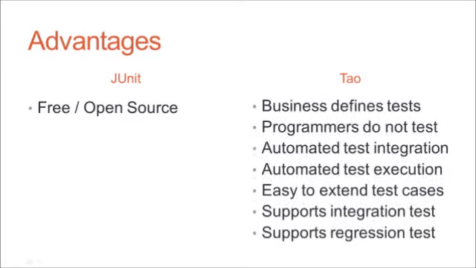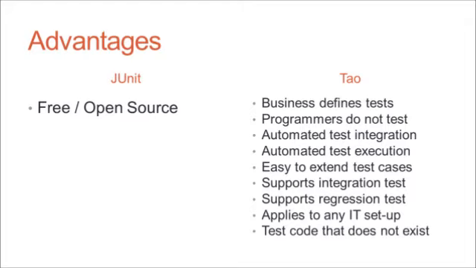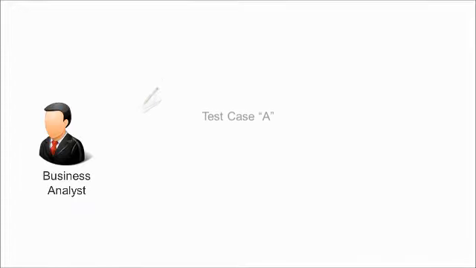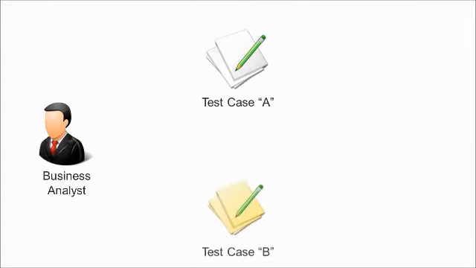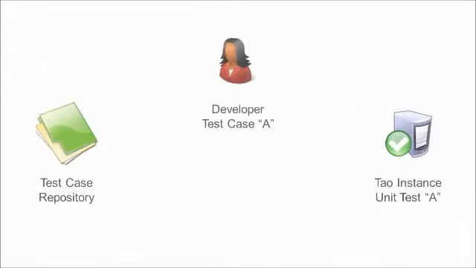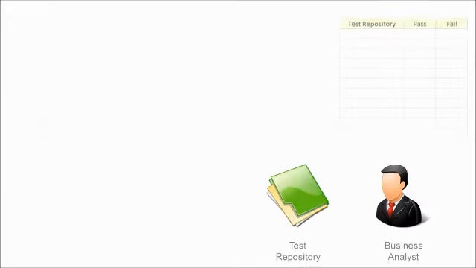The advantages, however, that Tao has over JUnit are many. First, the business defines the test. The business defines the input values and the expected output values. Therefore, the programmer does not need to make assumptions or interpret anything else regarding the operation's behavior. Because the business supplies the test case, and because Tao handles the test infrastructure, the programmer does not do the test. The programmer has only the production code to write, and if the code generates a result that matches the expected output, then the code is complete. And, for that matter, so is the unit testing activities.